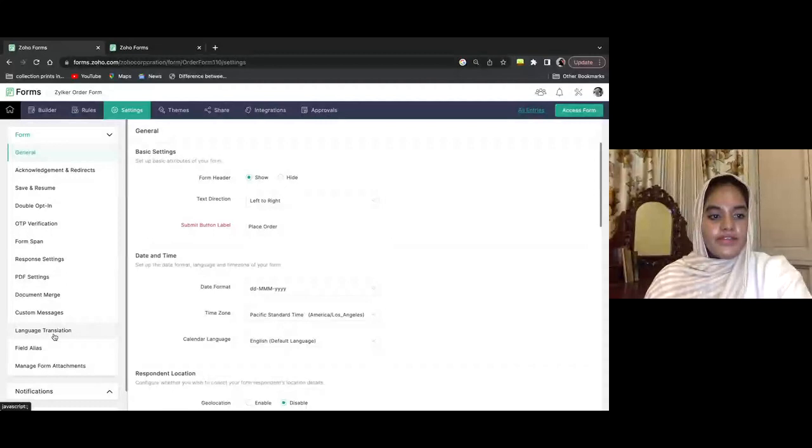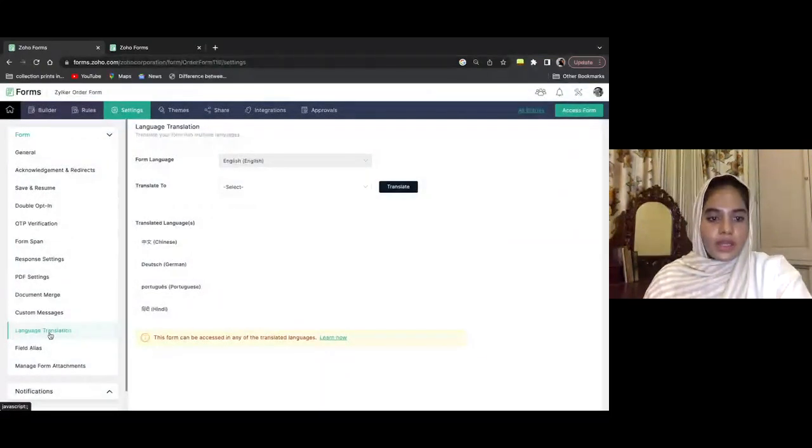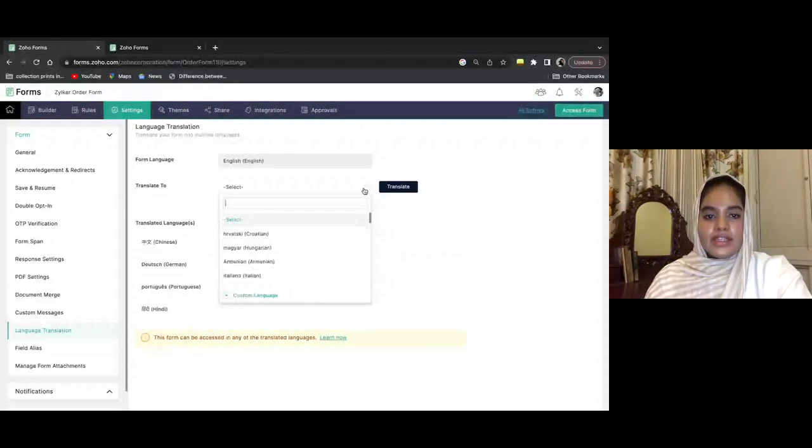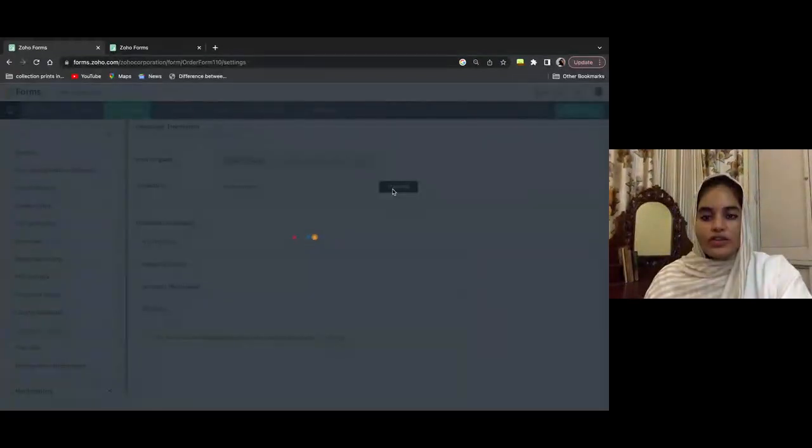Under settings here on the left, I have my language translation option. When I go into the language translation option, I have the form language that it's already in, which is English, and I can translate it into any language that I want. So today I'm just going to click Italian. And once you click on translate,